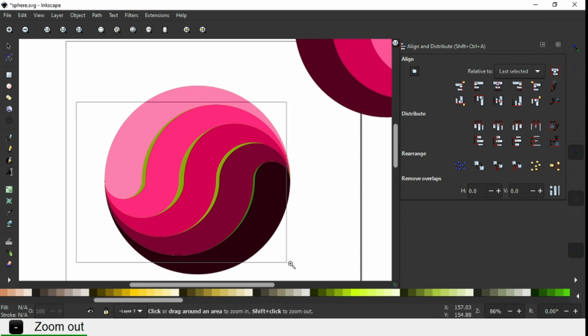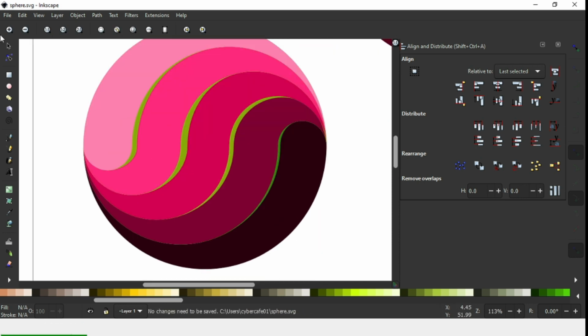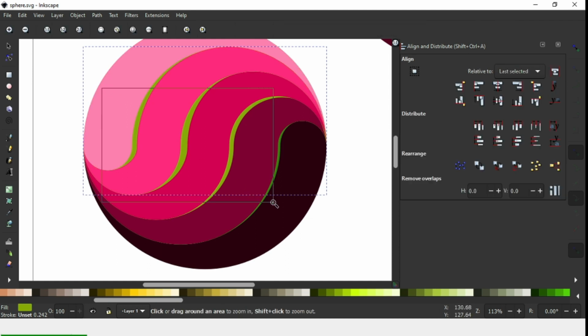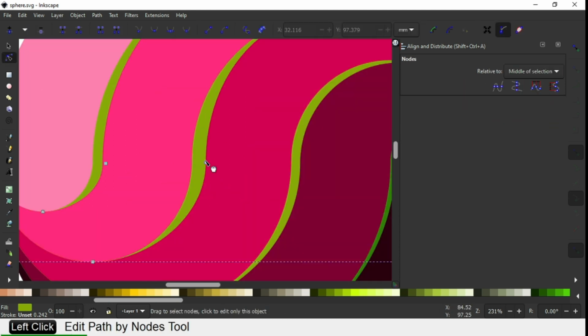Now we have to select all green objects from behind and change the color. I think we should edit it.